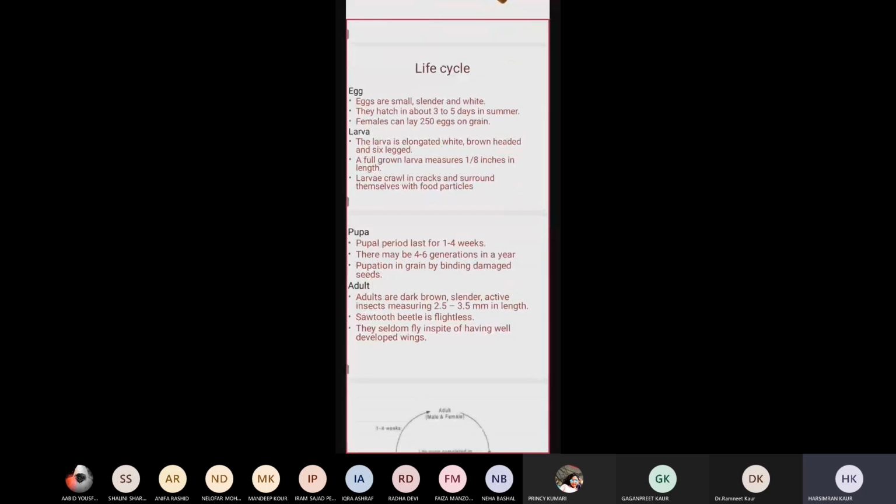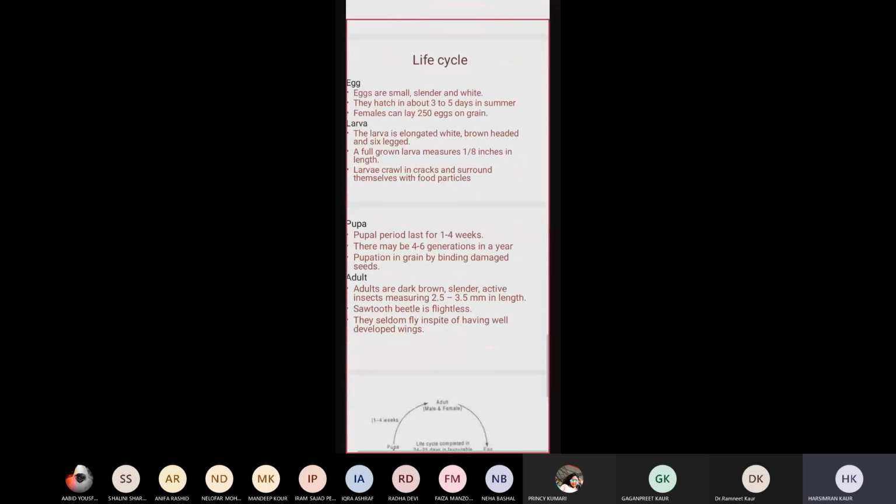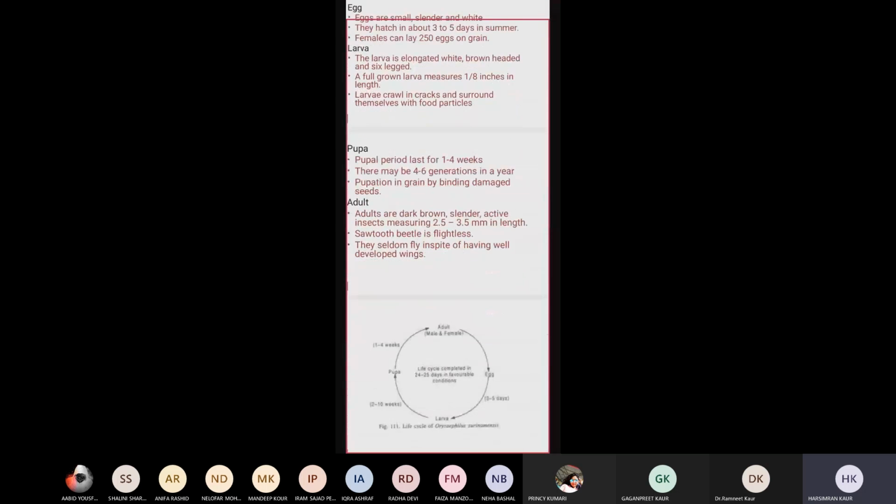Then pupa changes into adult. Adults are dark brown, slender, and active insects measuring 2.5 to 3 mm in length. Sawtooth beetle is flightless; even though it has well developed wings, they don't fly at all. This is the life cycle of